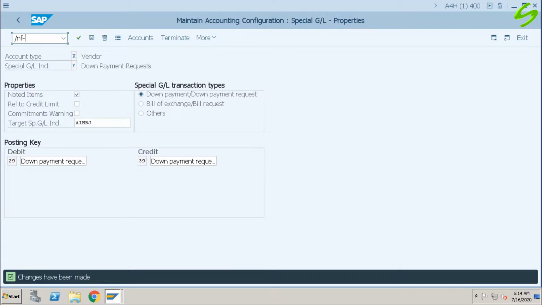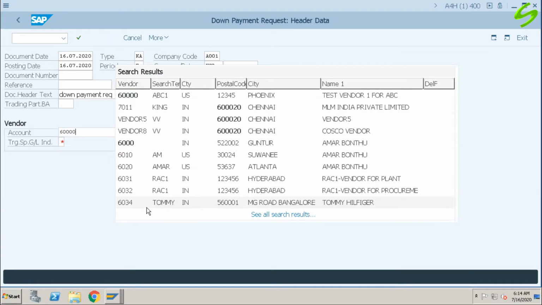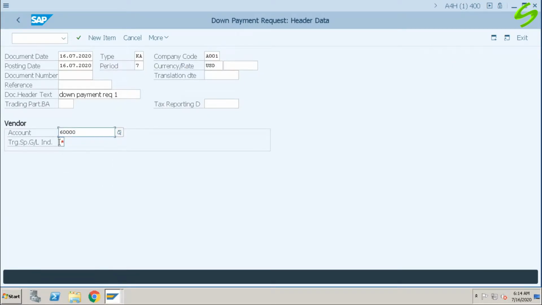Now go to F-47, down payment request. Document date 16, header text, down payment request 1. Vendor account, our vendor account is 60000. Special GL indicator, this is the target special GL indicator I have to specify, which is J.